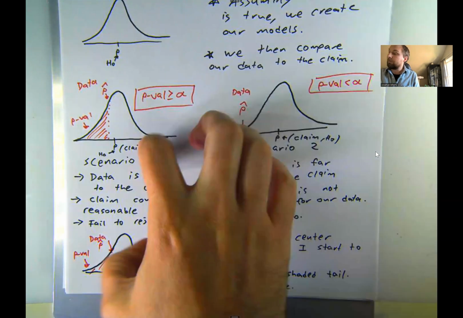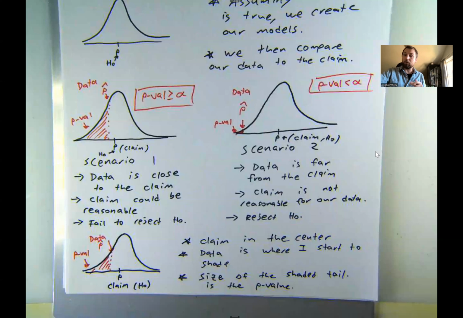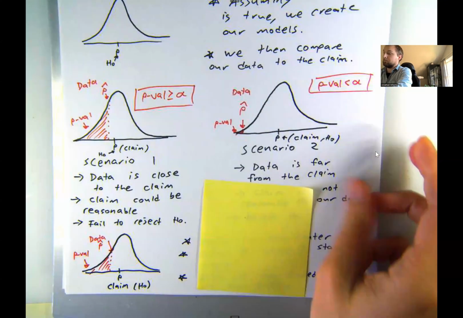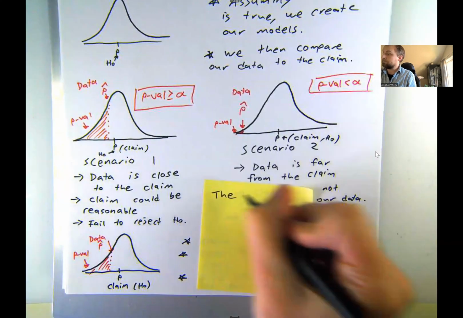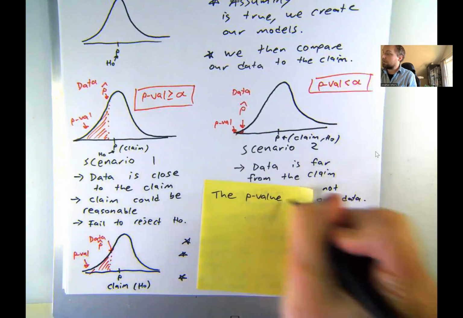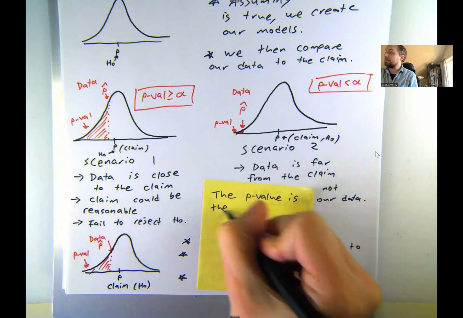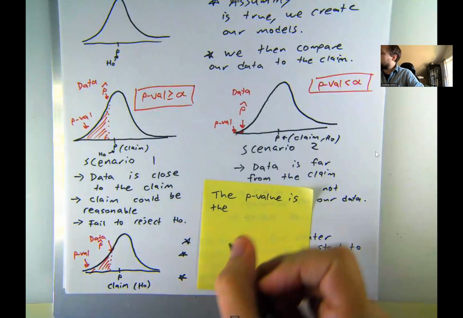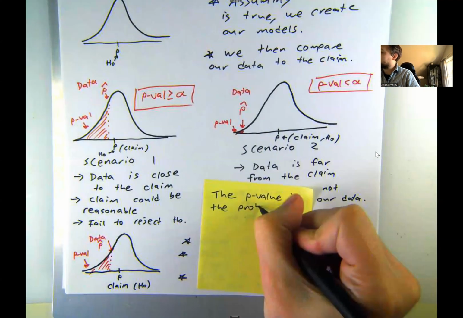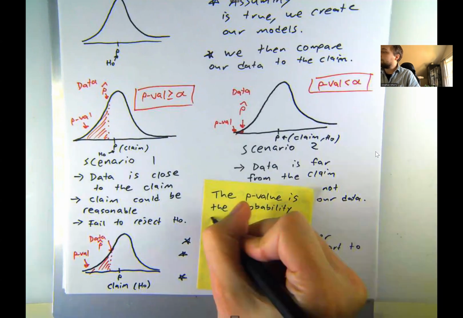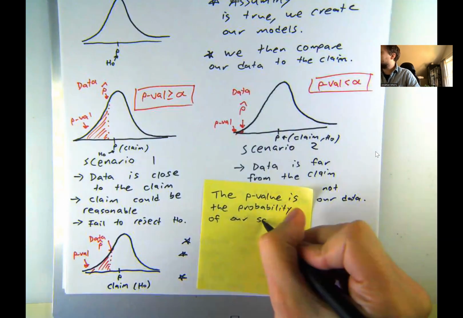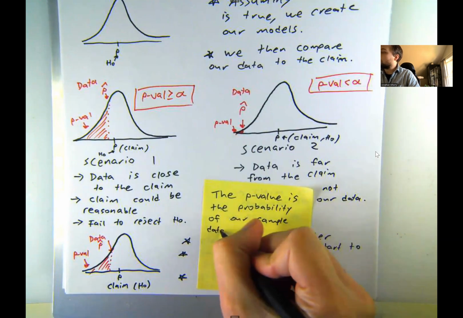So this is a visual definition of the p-value. But let's come up with a formal definition in words as well to kind of match things up. So from this, I would say the p-value is the probability. It's the size of the shaded region. Probabilities on normal curves are just shaded in regions. So the p-value is the probability of our sample data. We start to shade at the sample data, or more extreme,